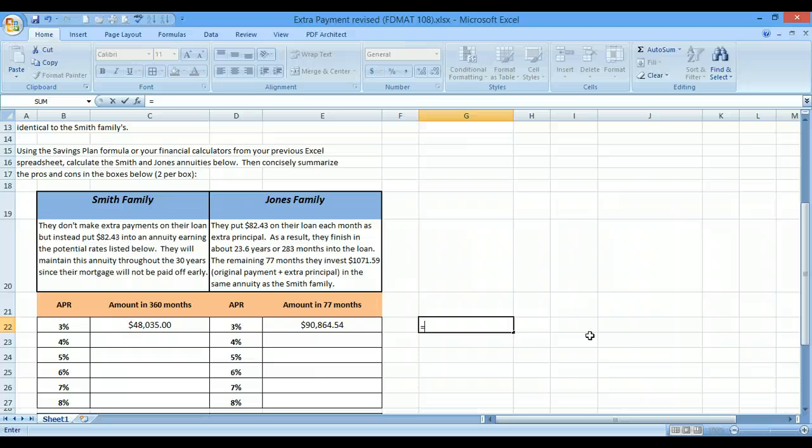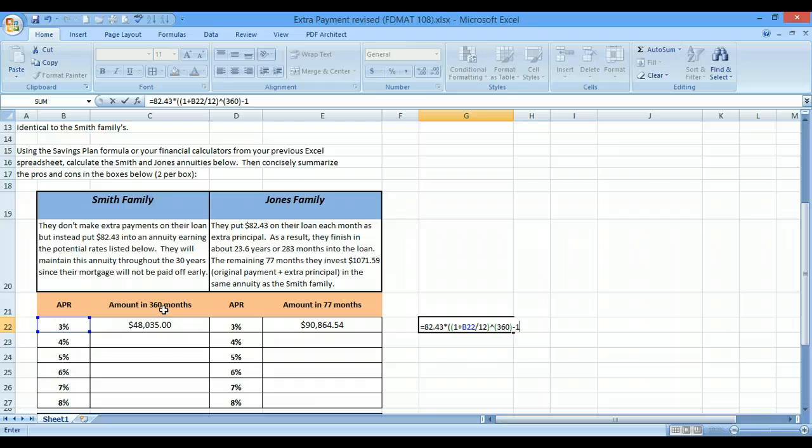This asks equals the payment. For the Smith family, it's $82.43 times parenthesis, or in our case on Excel, we need two parentheses, but I need a times sign because Excel needs to know that it needs to multiply. 1 plus APR, we would reference the APR over 12, close parenthesis, raise it to the exponent of n, in our case we don't need 12 times because they tell us it's the full 360 for the Smith family. So 360,